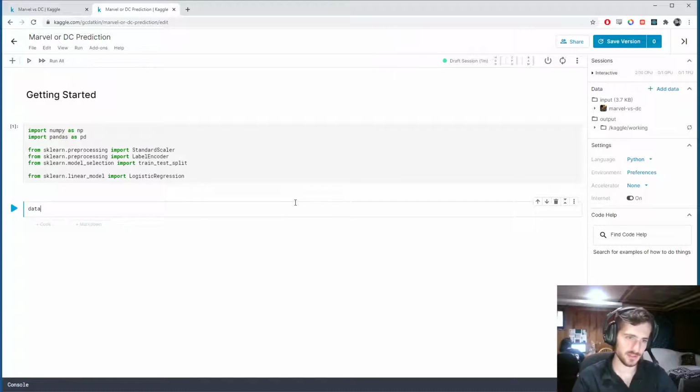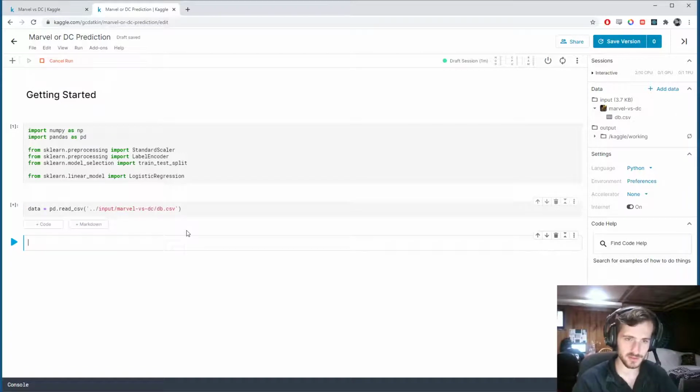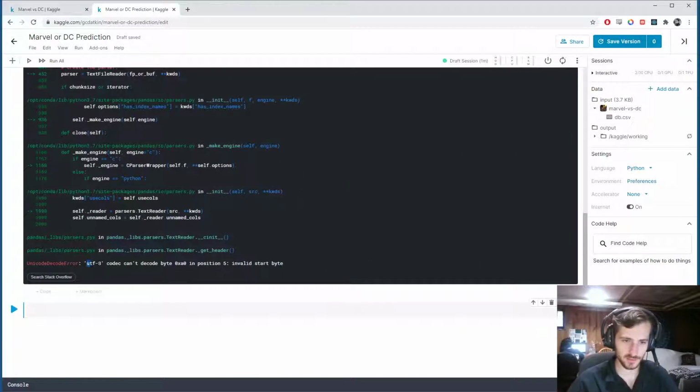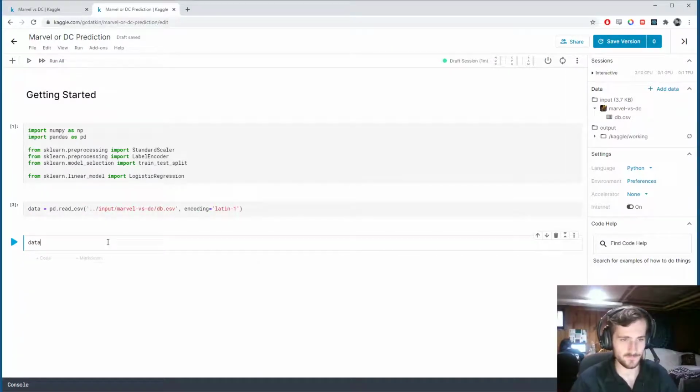So let's load in our data with pandas read CSV function. And we can get the file path right over here, paste it in. And it looks like we have a problem with the encoding. So we can just specify here encoding equals Latin 1. Alright,